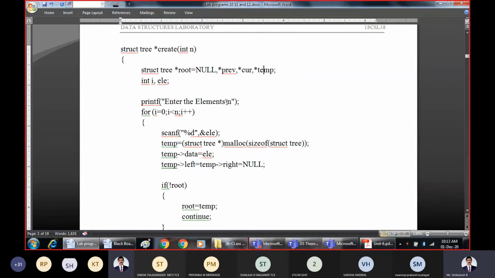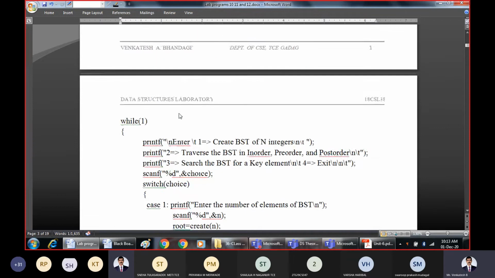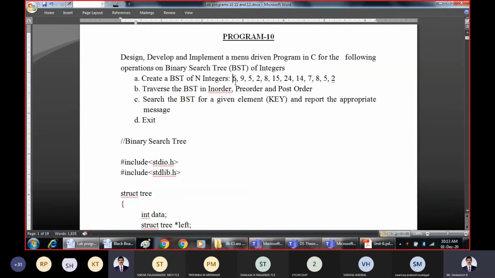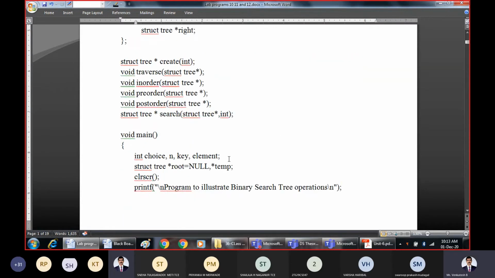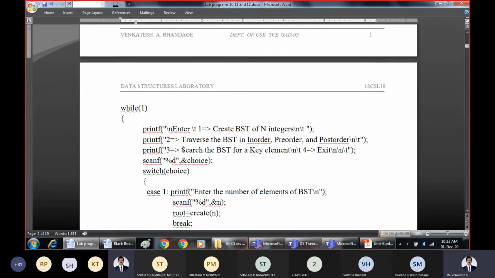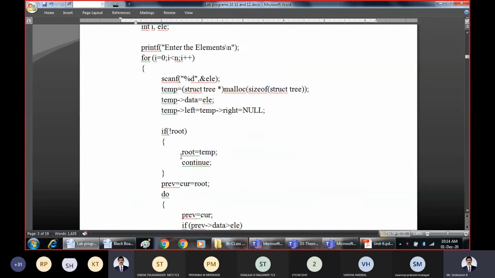Enter the elements. Whatever number of elements are given to you, for those many times you have to enter. That is, if n is 10, it will repeat 10 times. As per this program, there are probably 12 nodes, so the for loop will repeat 12 times. The create function will repeat 12 times and store each value in a simple variable called element. Allocate memory for the temporary node. Make temp pointer data equal to element, and left link and right link both as null. Same here.